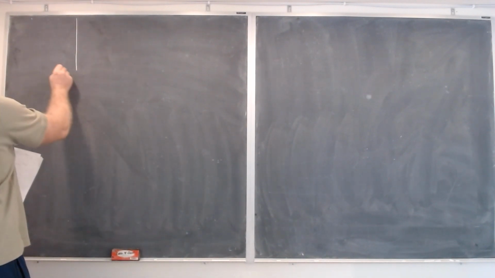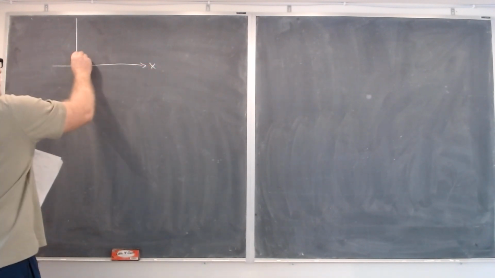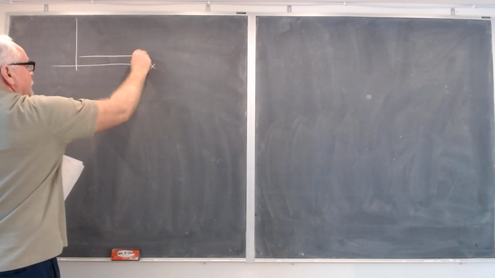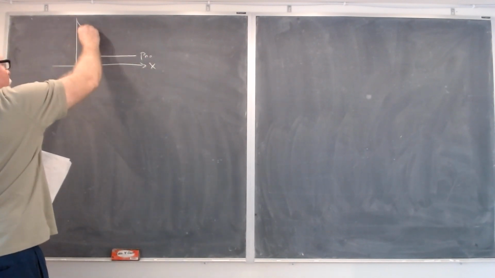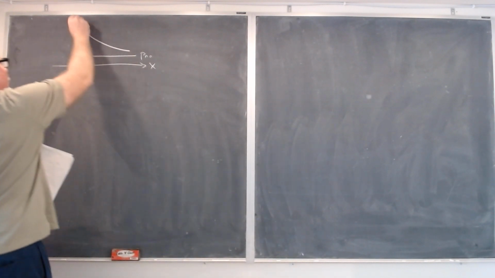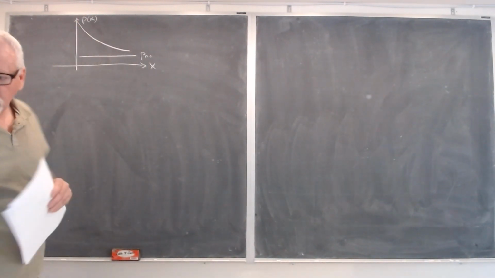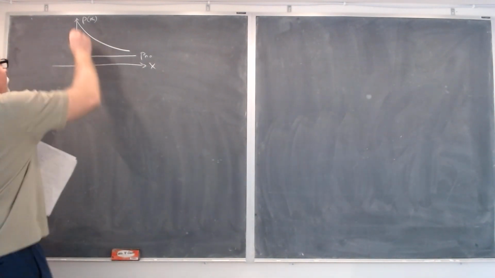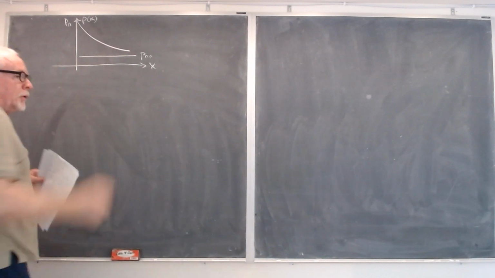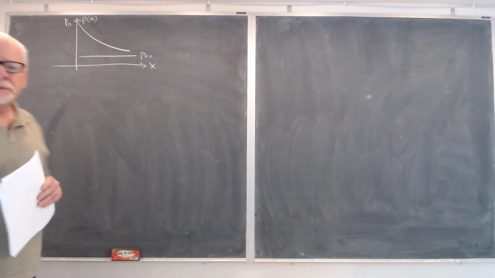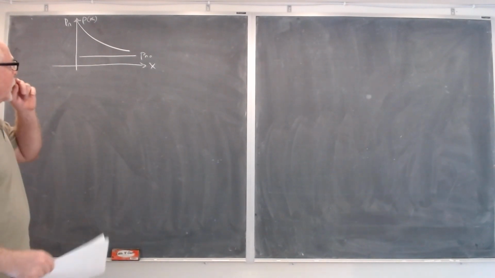So you should be comfortable with this diagram now, where this is Pn0 and P of X does something like that. Okay? And where we're going to call this Pn for now. You know what it is now. It's Pn0 e to the e Vf over kT. All right, but